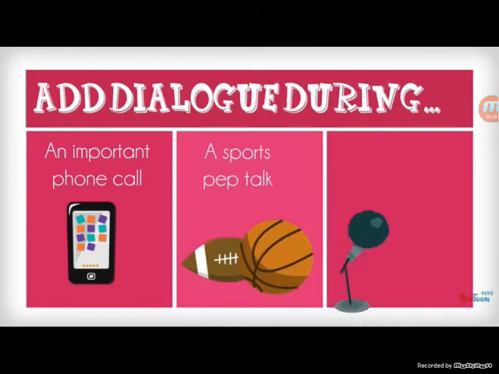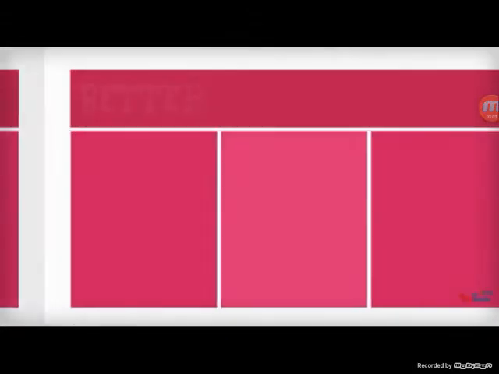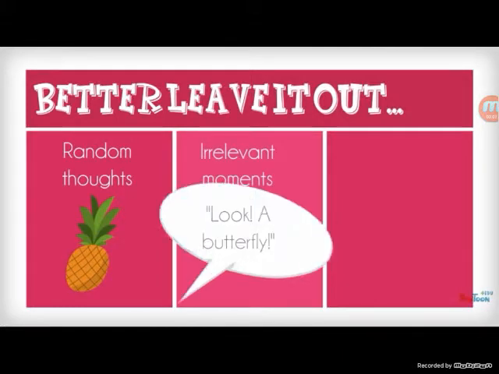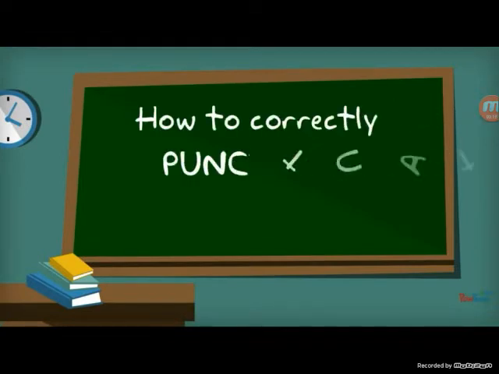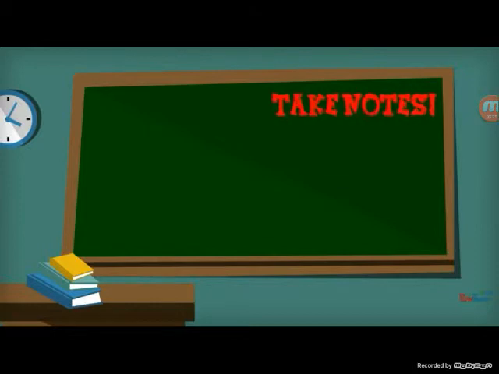You can repeat this technique anytime you feel that the conversation would add something to your essay. Don't try to add dialogue every single time someone might have said something insignificant like, "Do you have change for a $5?" If it's irrelevant or unimportant to the story, leave it out. Next, we're going to talk about how to correctly punctuate dialogue. I'm going to list out some rules for you to follow. Make sure you write them down on your note sheet.